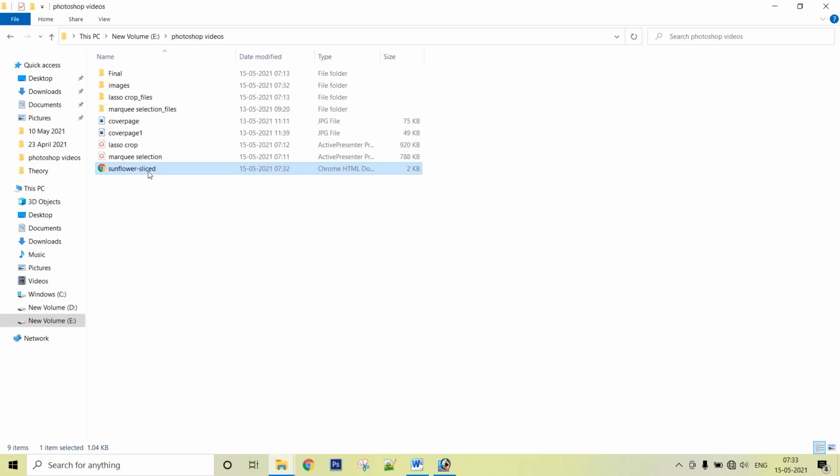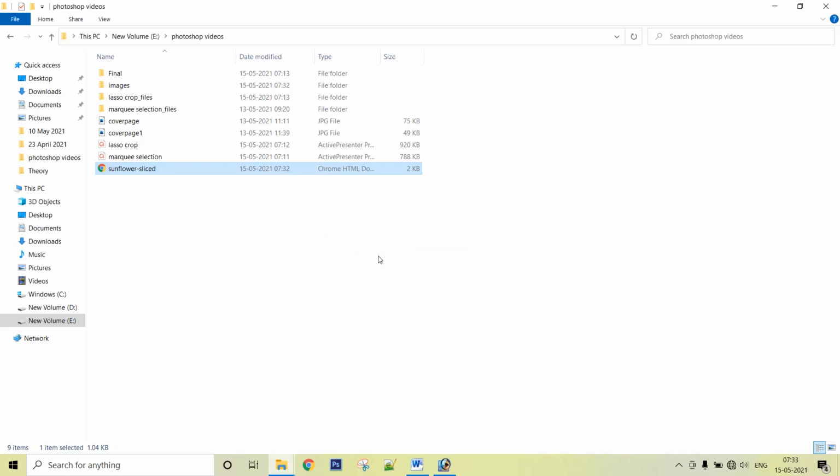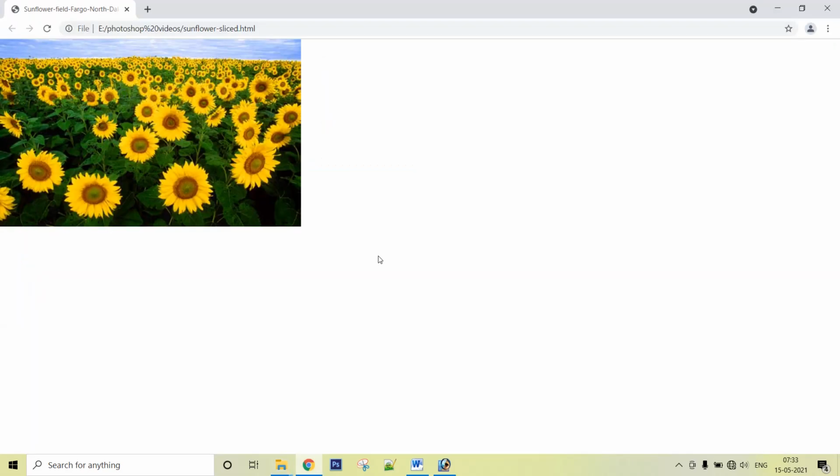Let me open it with a browser. Let us see what we will get in this page. So you can see that this is a sliced HTML image.